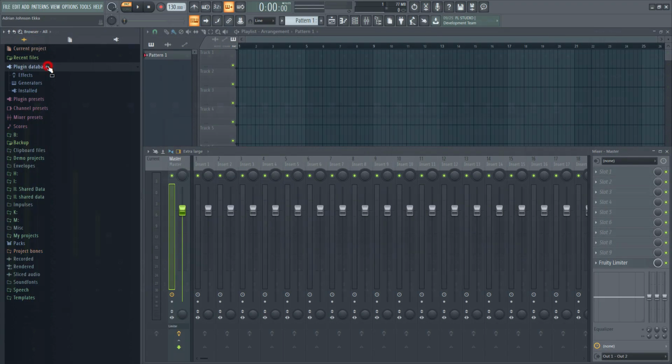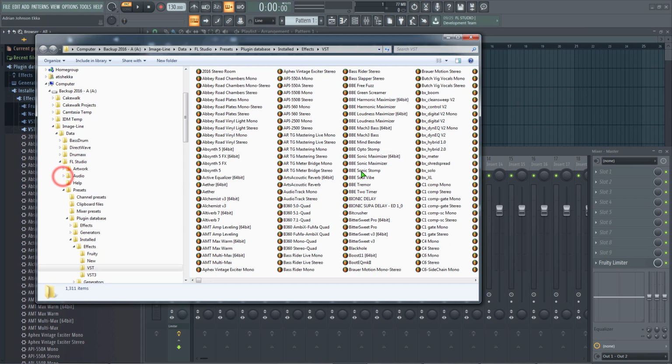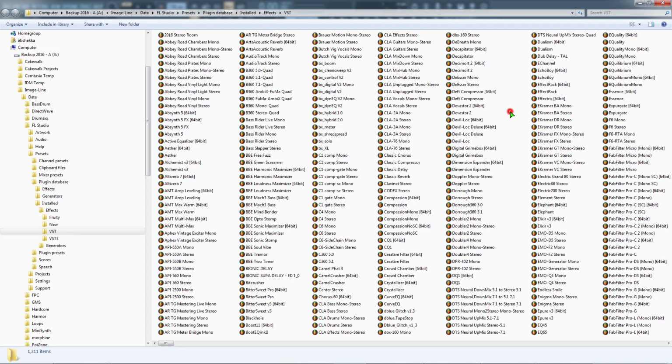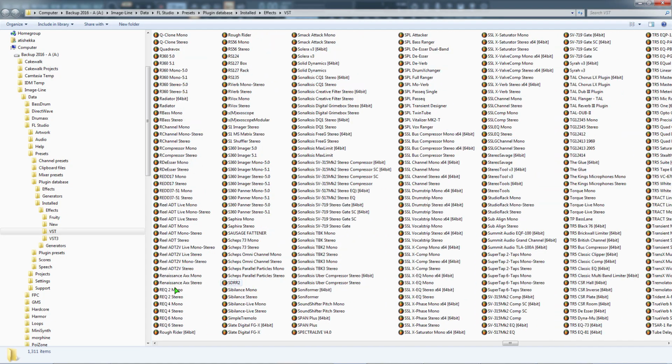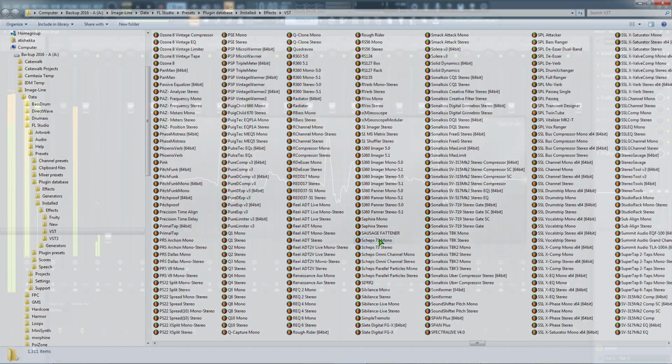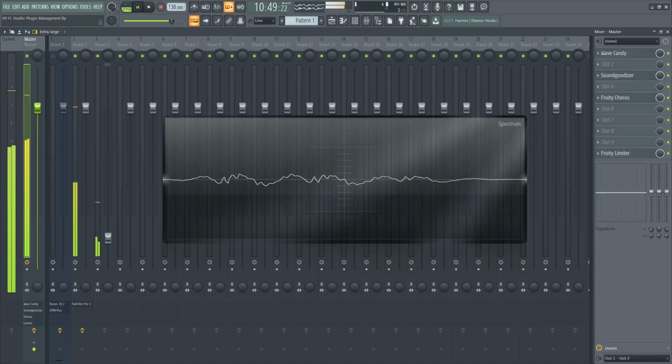Okay guys, this is the folder where FL Studio keeps all the installed effect plugin preset links. Over here you can see the installed plugin preset links, but you cannot identify all of them for their respective vendors. You can identify some of them but not all of them. So for identification you have to look in the plugin manager list for their respective vendors and then copy the link to the customized folder you create. It's a time-consuming process.